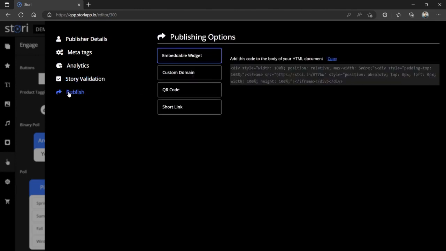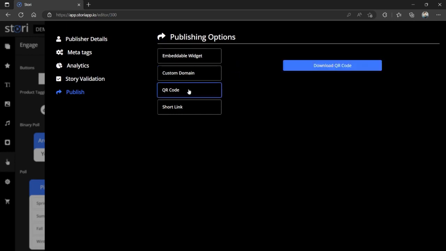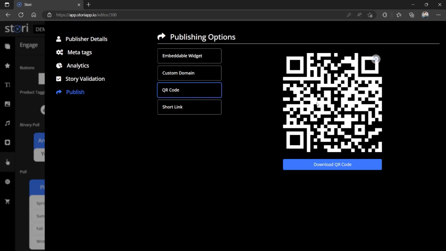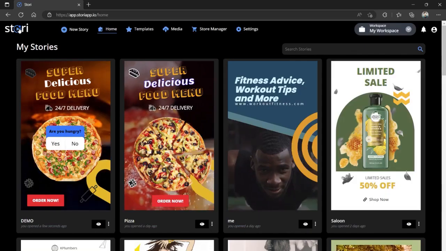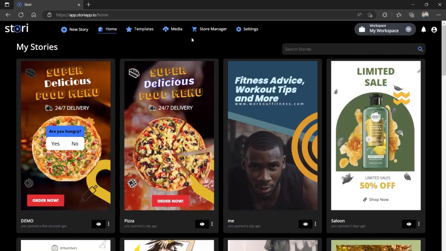And here is where you'll find all the publishing options. Copy this code to your HTML. You can create a scannable QR code, or copy the short link. And that's it. Now let's head back to the home page, and let's have a look at the store manager